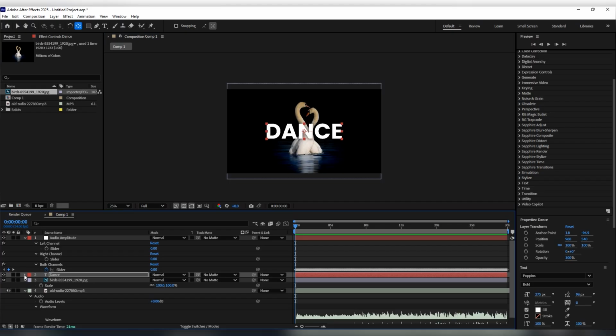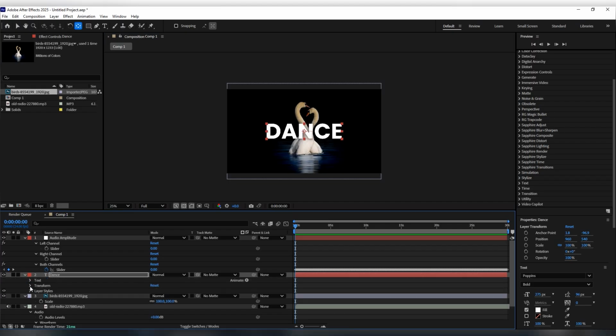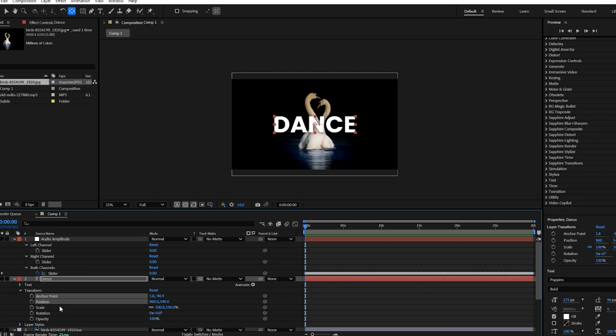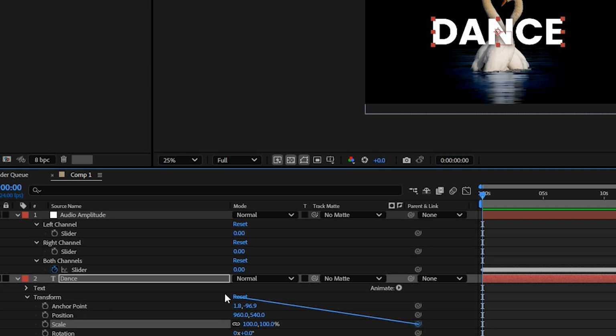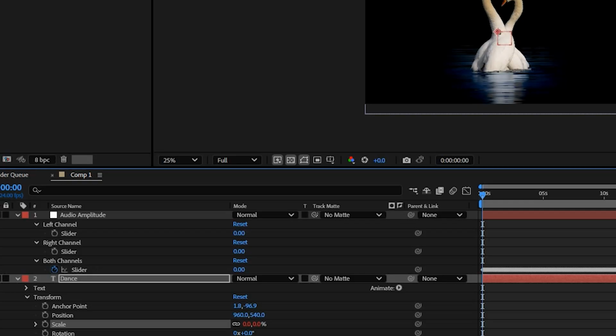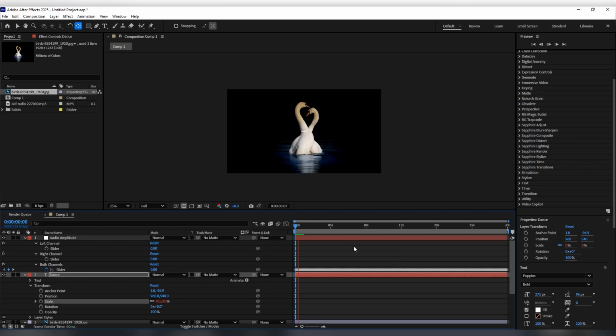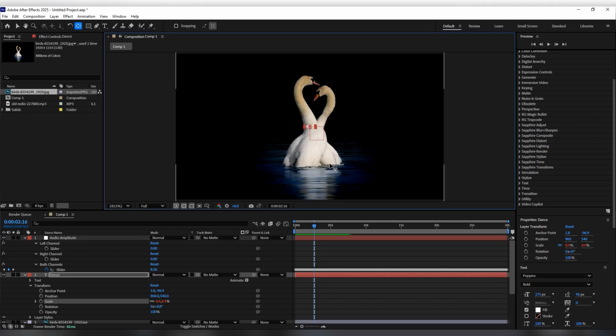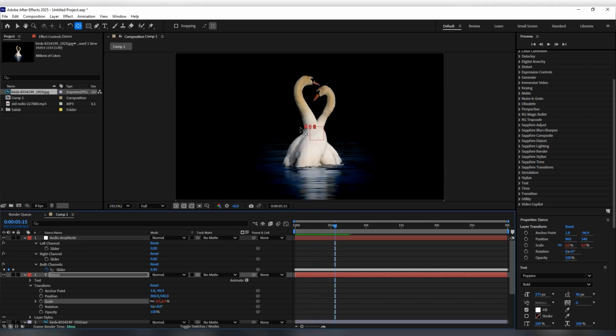So now I am going to the text Transform properties, and parent the Scale to the slider of the amplitude. And if you zoom to fit, you can see that it is linked, but it goes very small in size. So I am going to make it its original size.